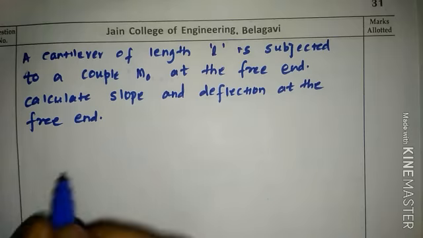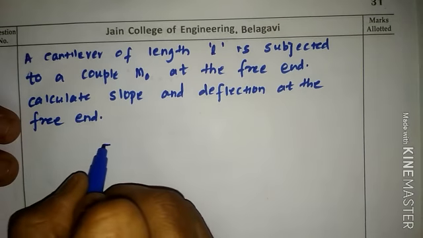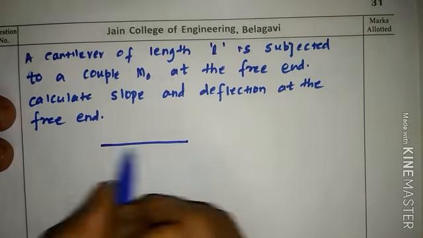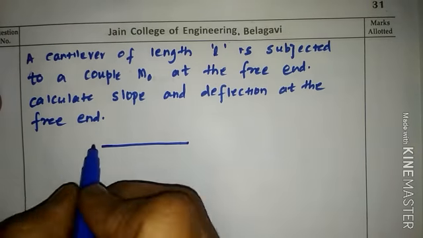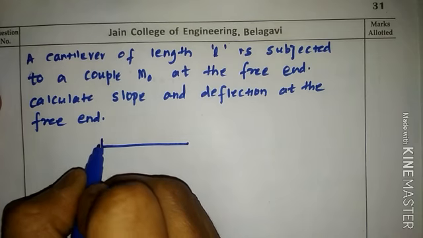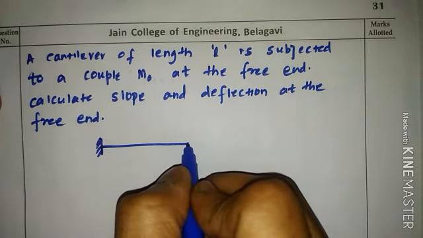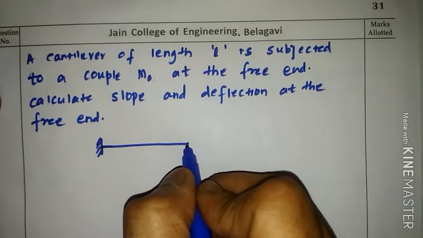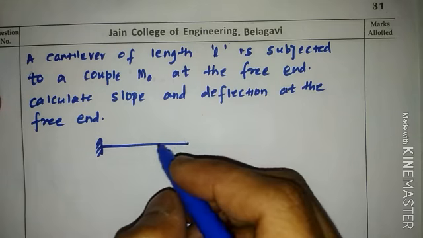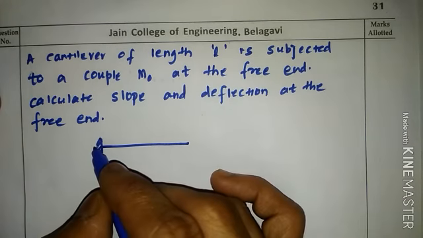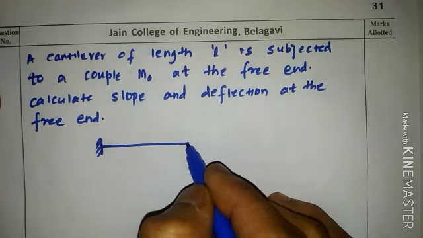When we need to draw a cantilever beam, we draw a horizontal member. The horizontal member itself is called a beam. To convert this into a cantilever, we make one end fixed and the other end free. If I provide a support at the free end also, it will be called a propped cantilever beam, which is a statically indeterminate structure. Here we are going to solve a statically determinate structure. So this end will be fixed and the other end will be free.